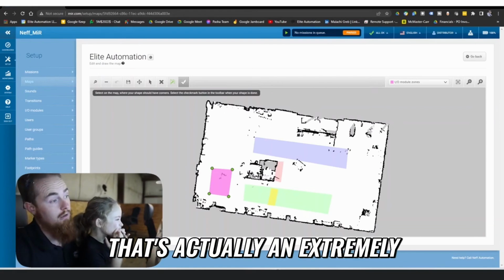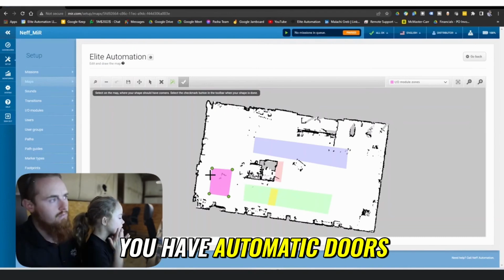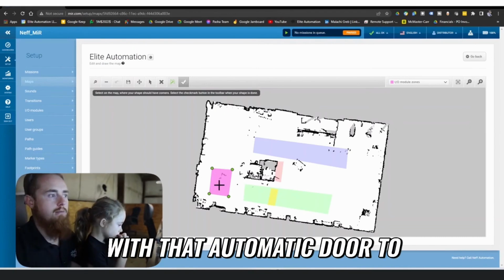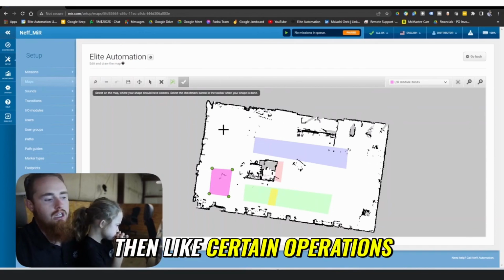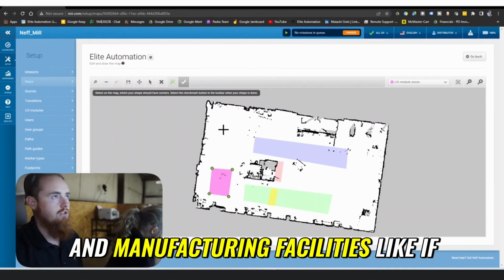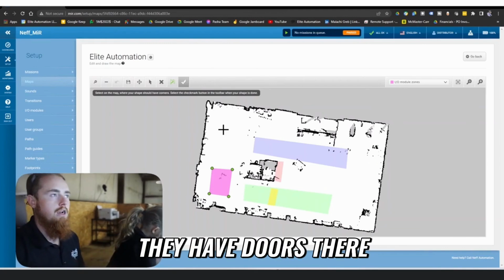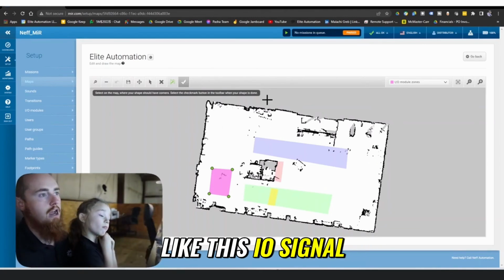That's actually an extremely good method. If you have automatic doors, you can set up your AMR to communicate with that automatic door to open up for the AMR, which is really good, because certain companies and manufacturing facilities, if they have doors there, maybe it's mandatory that that door has to remain there. You need something like this IO signal